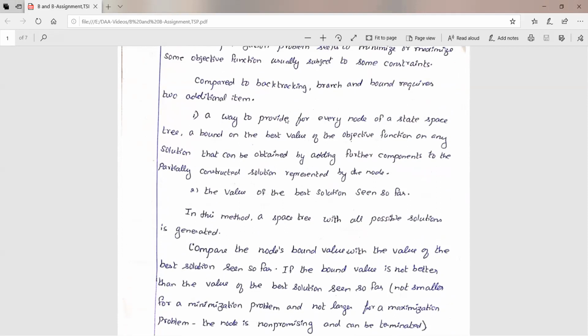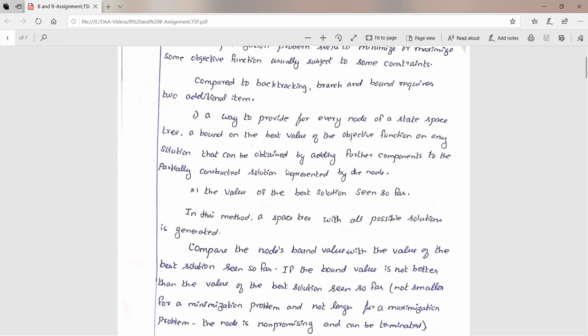So what additional items are we using in branch and bound? Branch and bound provides, for every node of the state space tree, a bound on the best value of the objective function on any solution.